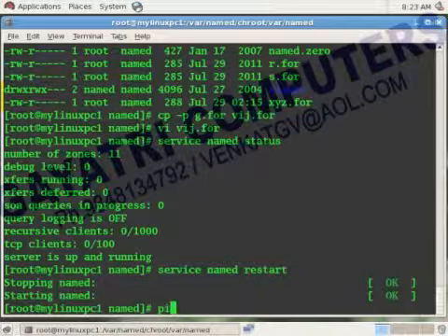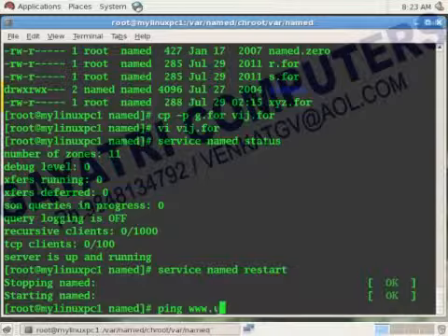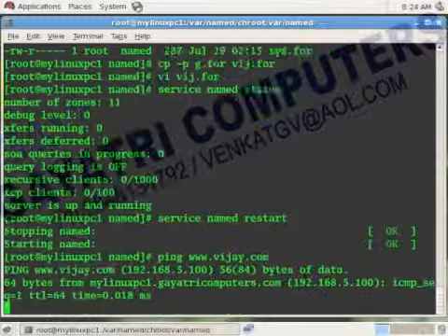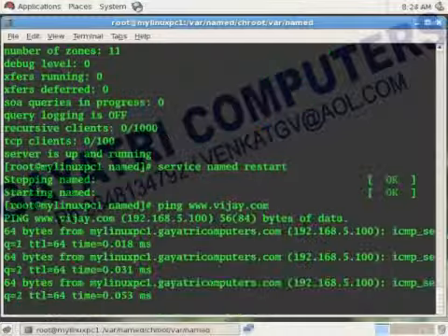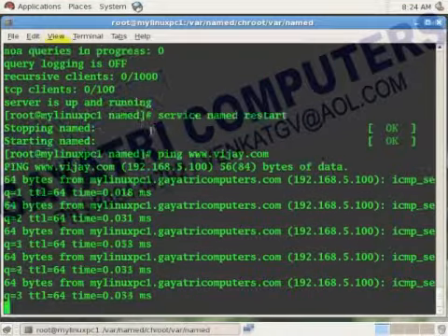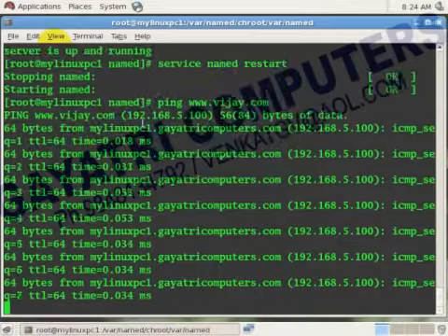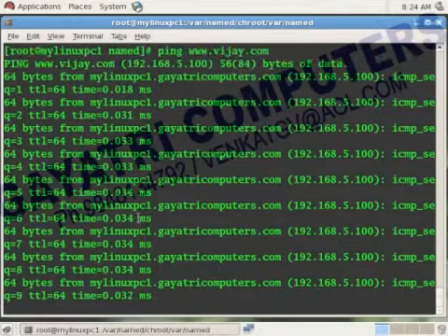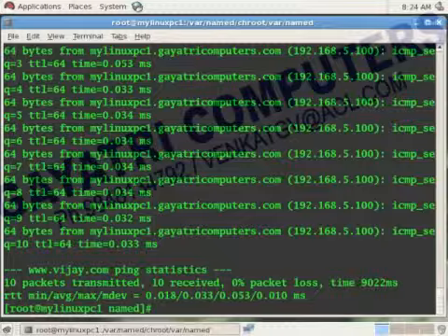Now test this one: ping www.vijay.com. cp -p copies the file with permissions also. So we got the reply. Say Control C.